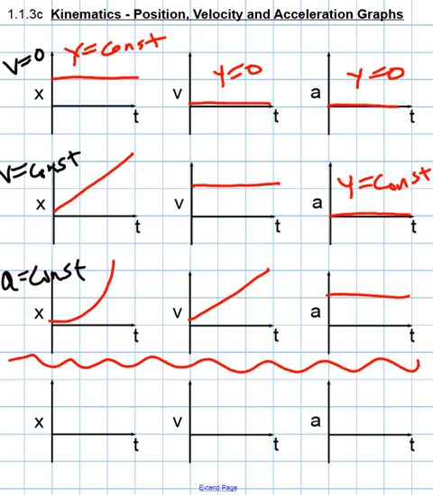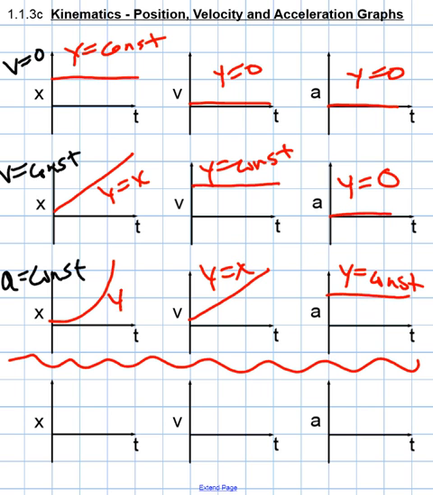Y equals 0. Y equals a constant. And then this is a graph of a constant slope, so it's something like y equals x, or y equals some constant times x. So here we have y equals a constant, y equals x, and then this increases as y equals x squared,